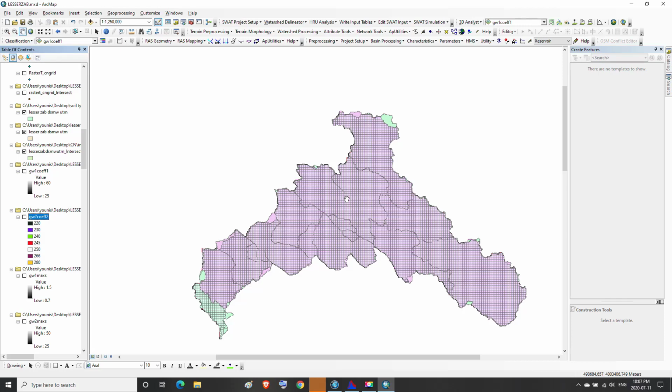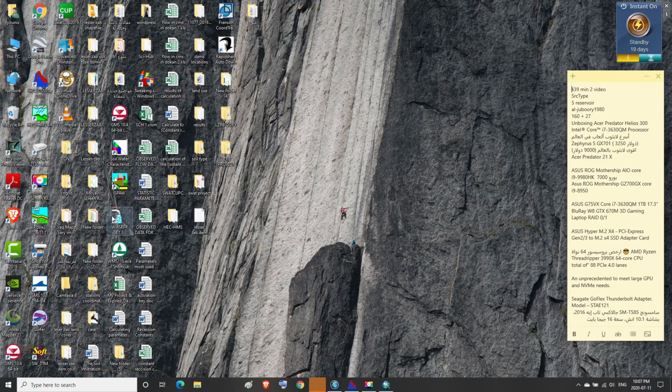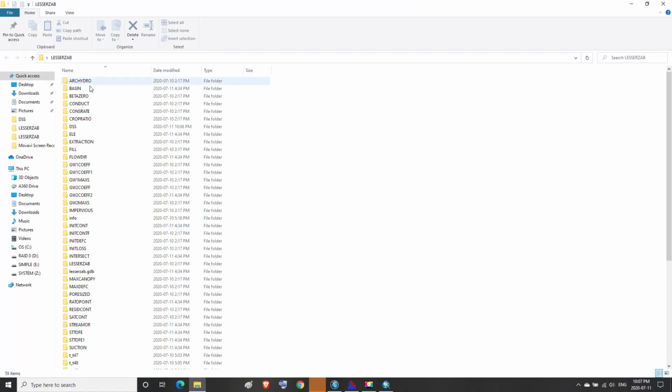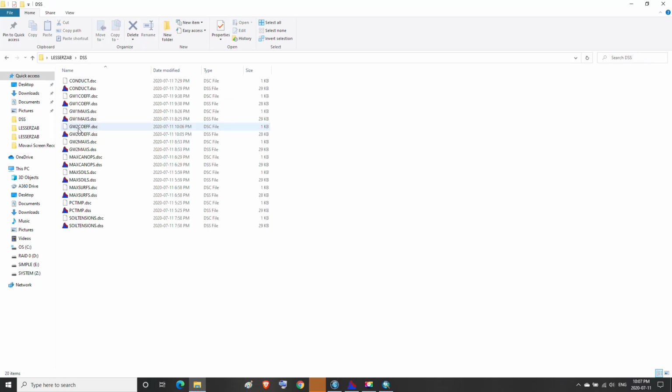And this layer with DSS extension exists here in the project file titled LaserZap. Then inside the DSS file, here we have these grid layers with DSS extension that will be used when implementing the project in the HEC-HMS program as we see.